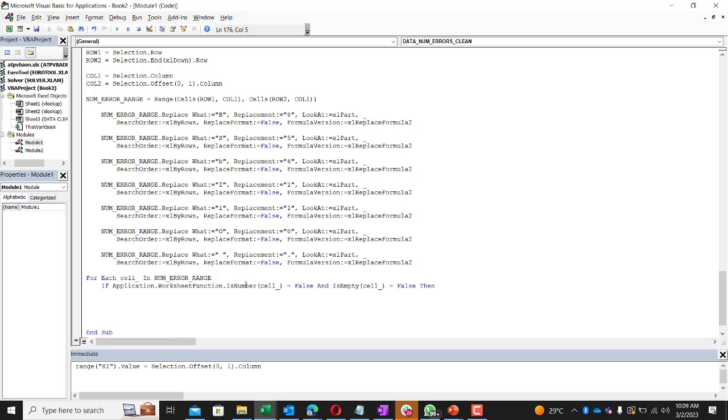So again, IsNumber is a test that basically tests if a cell only contains numerical values, or if a cell is a number. And this is again a worksheet function. So if it tests that this is not a number, this will return true or false. So if this is false, and if the cell is also not empty, so I don't want them to highlight empty cells. So if the cell, this is a VBA function, so it doesn't need this at the very start here. So if the cell does not contain any values, just say it's equal to false, and then,